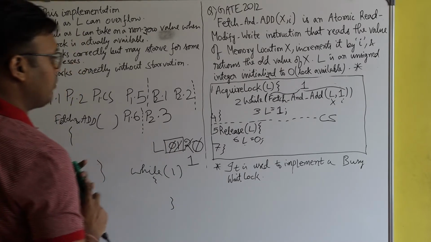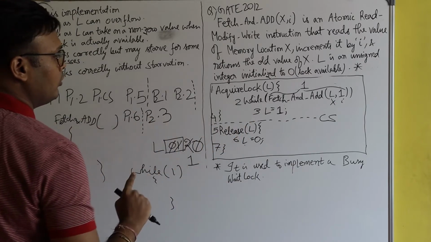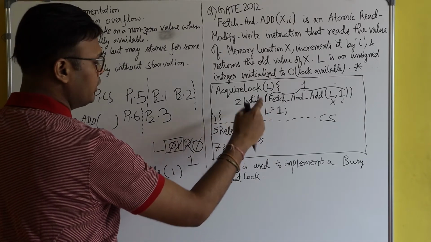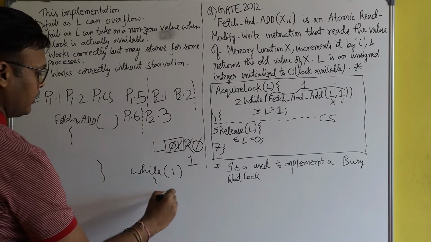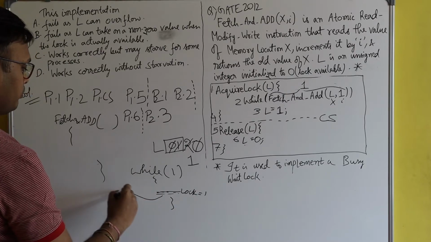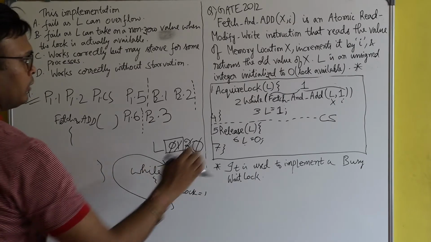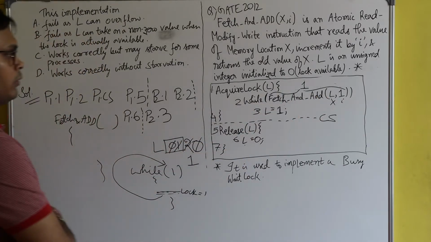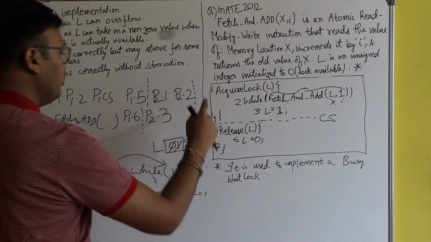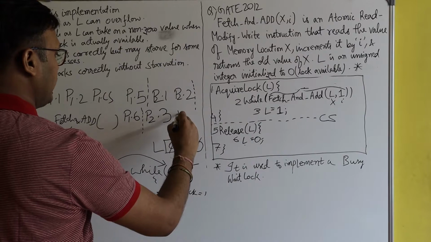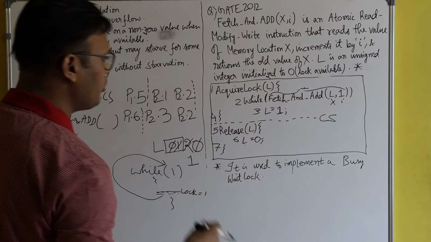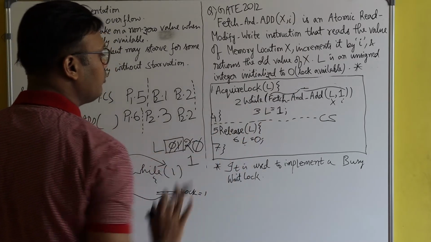So you see what will happen. Since process P2 has made the value of lock equal to 1, after executing this line, lock is equal to 1, process P2 will come again to check the condition of the while loop. Here process P2 is again executing line number 2. So let's see whether this time the while loop will be broken or not. It will not be broken because the value of lock has been made 1 again.